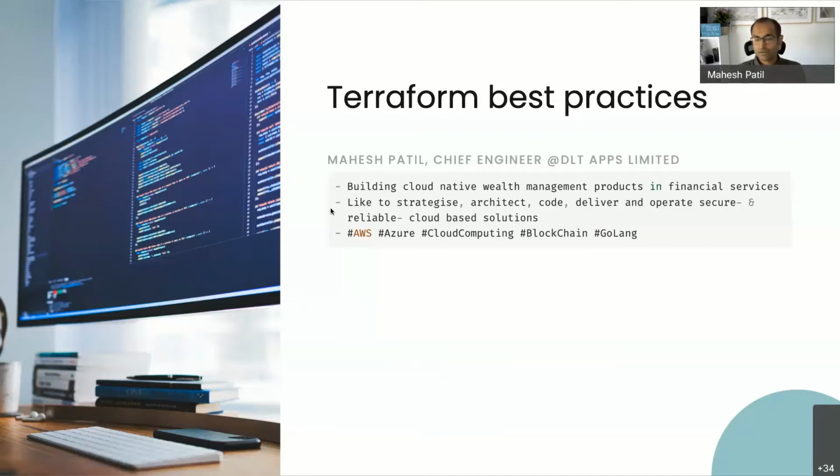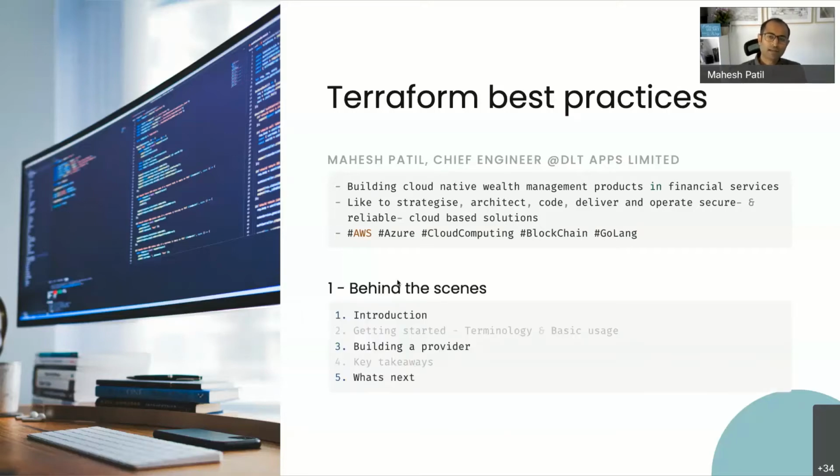So very passionate about cloud in general, infrastructure as code, blockchain, Golang. These days, experimenting a lot with Golang, and you'll see some of this as I go through the training course today. So in terms of the agenda for today,